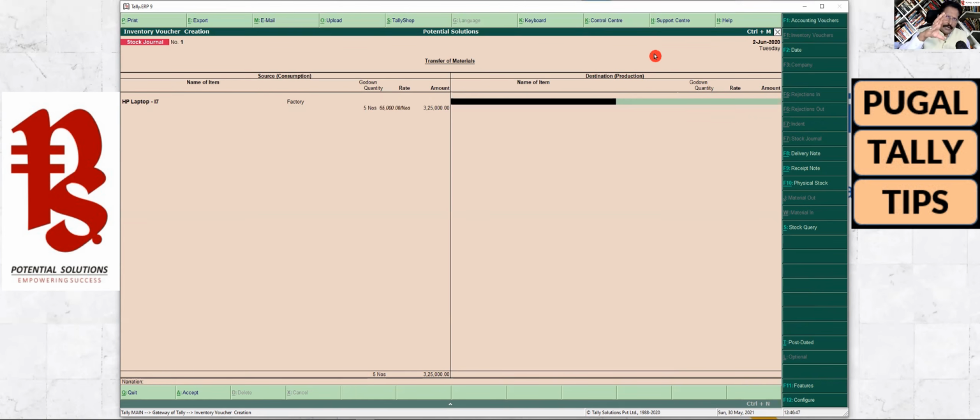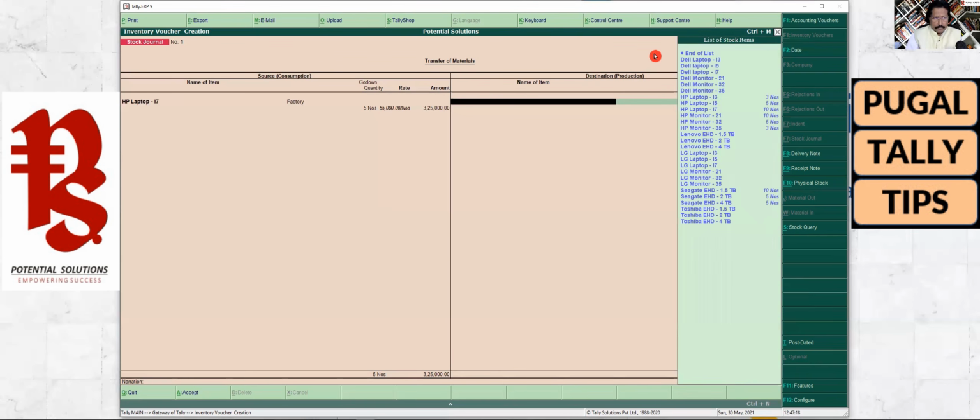Let us assume that you have 20, 30, 50 items which you have to transfer from one location to another. Then it becomes a cumbersome activity for you to enter, because while capturing on the right hand side, if you wrongly capture, it is going to have an adverse impact on your inventory values or quantities, right? So we will see that. Let's first just understand the basic data capturing of this voucher type. So I'm going to press here again. So it is going to be i7, right?